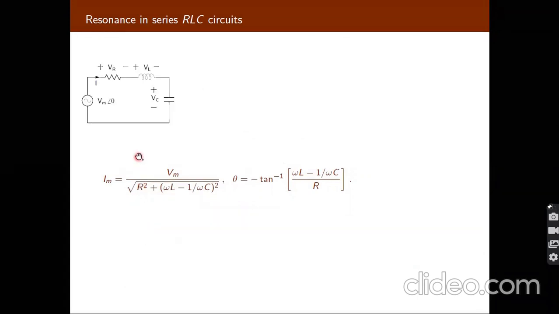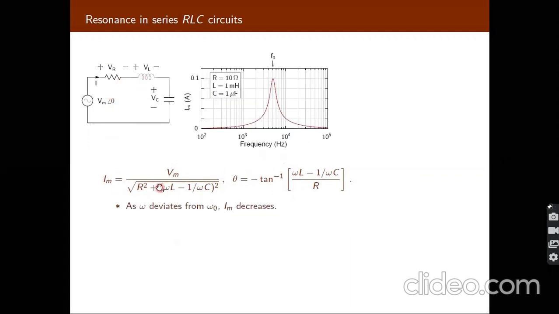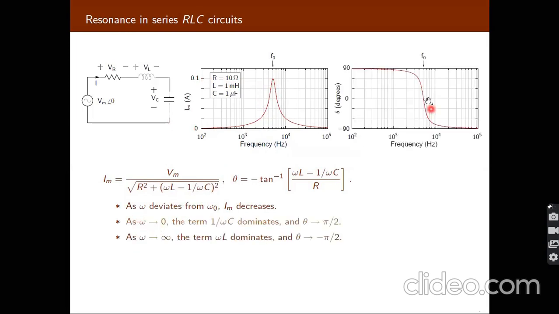Next, here in the RLC circuit Im is equal to Vm by Z. This is the plot, this is a graph. At resonance, f naught, this part is eliminated, that means it is 0. That means Vm by R, so the maximum current will flow through the circuit. So at the resonant frequency, we are going to have the maximum current in the circuit. Now this is a phase representation, which is not required here.